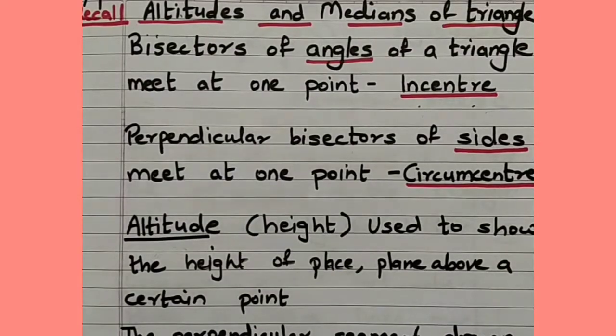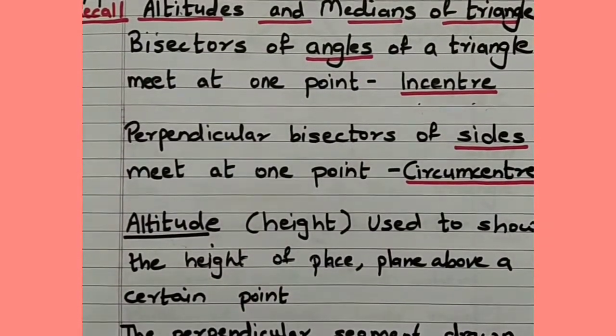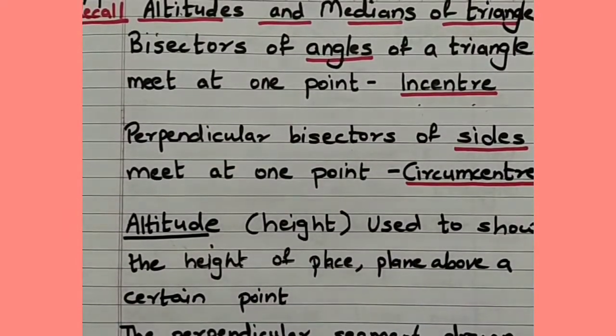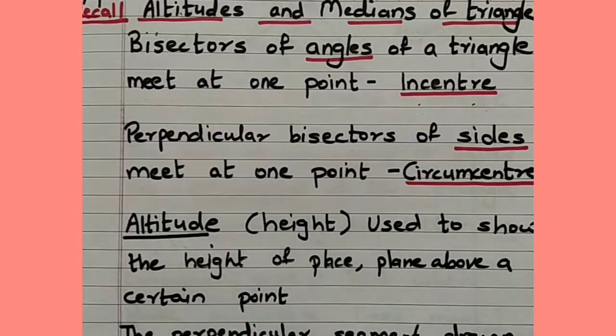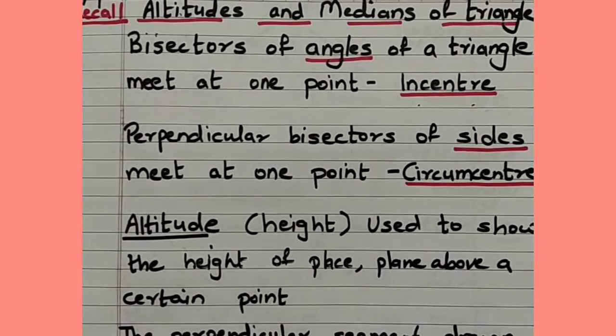It just does not divide it into two equal parts, but it divides the side into equal parts at a point where it makes an angle of 90 degrees with the side. So that is known as the perpendicular bisector. So there is a difference between a bisector and a perpendicular bisector. The perpendicular bisector is the line which